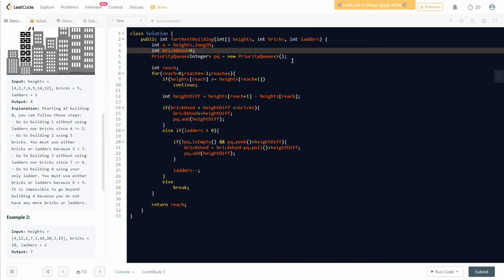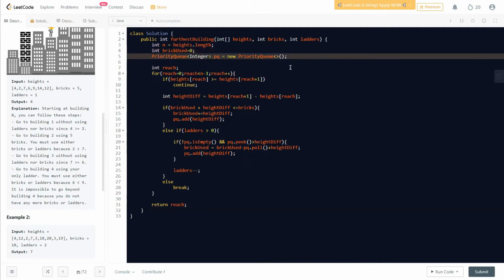Okay, going further, we have a priority queue. This queue will be storing all the brick used counters. Whenever we are using some bricks, it will help us to store that counter for us. Okay, so that will be the use of the priority queue. One more question is why we're using a priority queue over there: so that we can find the maximum brick used